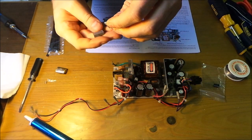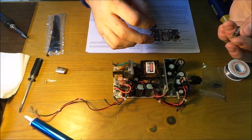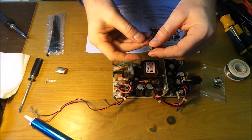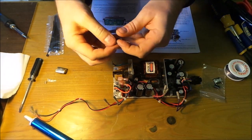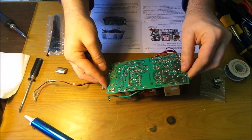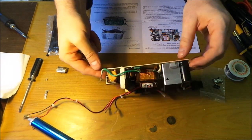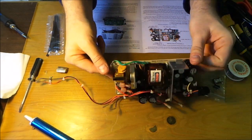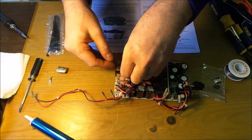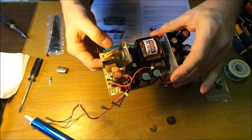Right, that's the 10. That's the 10 microfarad. So this must be the 100 one. And then we just put it back in. It was the two holes on the same circuit board, so should be able to just drop it straight in, make it go through the holes. There we go. Push it down, and then